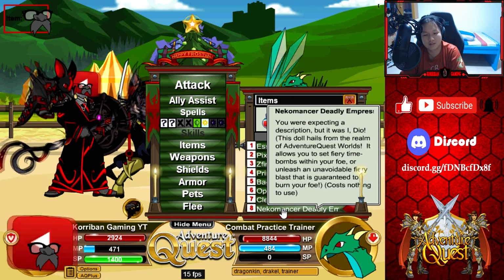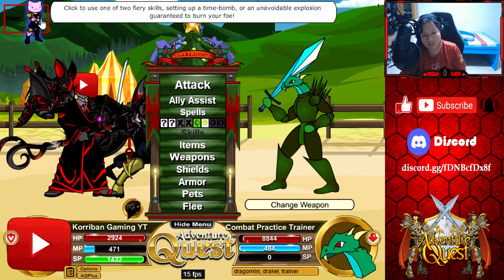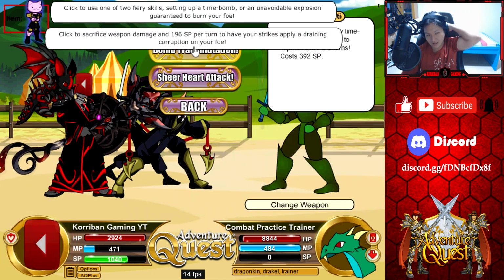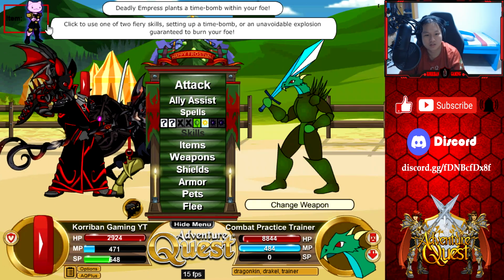And last but not least, we have Necromancer Deadly Empress Door. Unfortunately, this is not quick cast. I thought it was quick cast, but what you can do is spam a whole bunch of SP and then you can just keep spamming this. Okay, you can just keep stacking it for a crazy amount, and after like 2 turns or 3 turns,